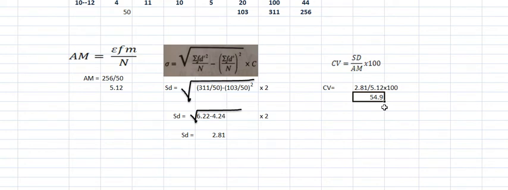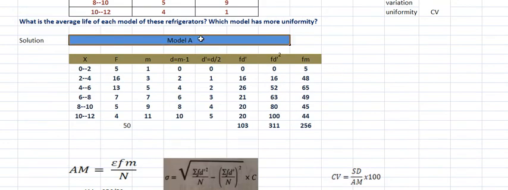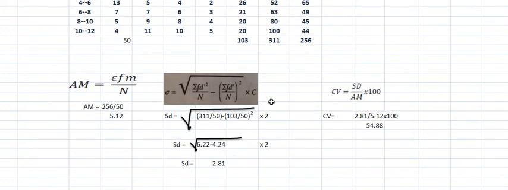So your answer is 54.83, right? So this was the answer of your which method? Model A up to CV, right? Up to CV your answer is this much. Clear? So this was the answer of CV for which method? Model A. Now we'll go with the same type for model B.